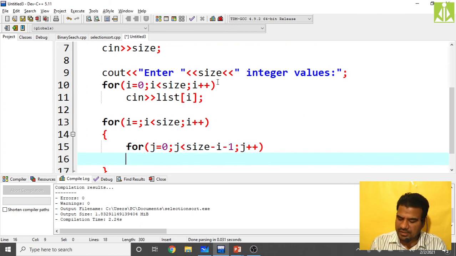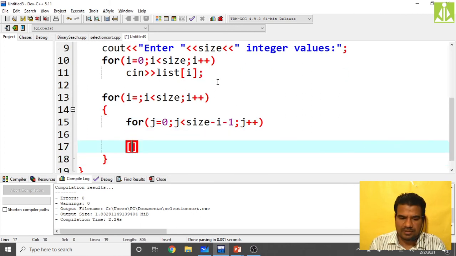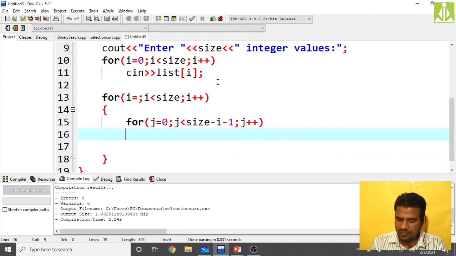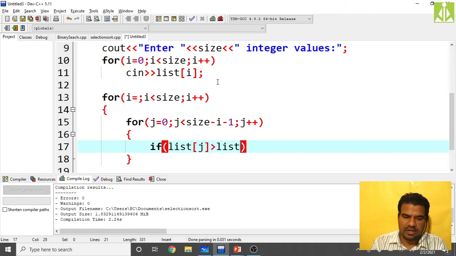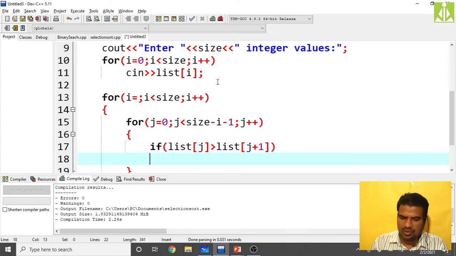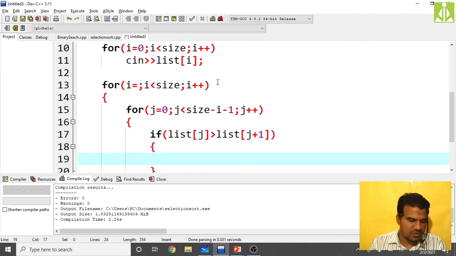Inside it, sorry, my mistake, take another compound statement. If list of j is greater than list of j plus 1, okay, if this is true, then swap. How can we swap? Take temp equals list of j.